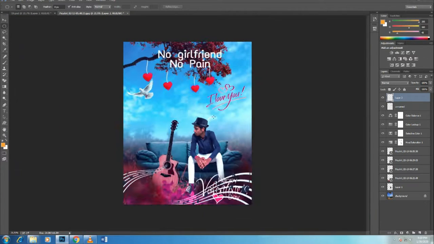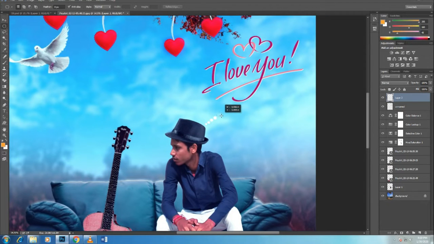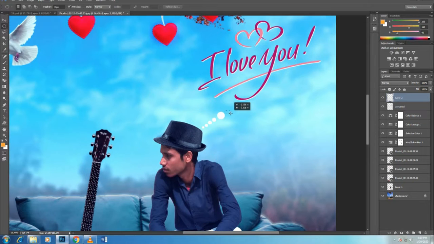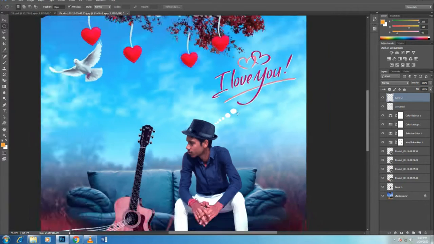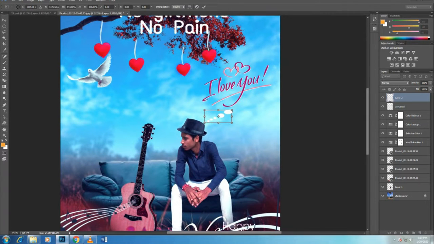Control T to transform, that's Command T on the Mac. Control 0, Command 0 on the Mac, and scale this one in as well. And I'm going to zoom in and rotate. You want to open up this group. Double click on the snow layer under the frame, and just brought the intensity down to